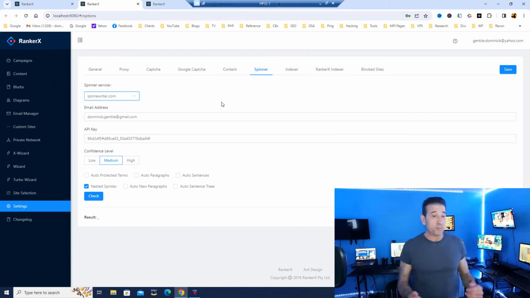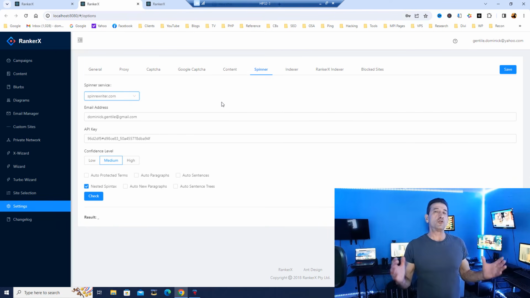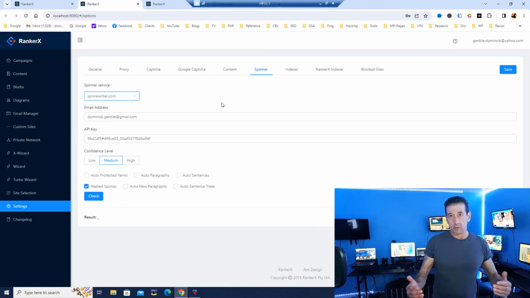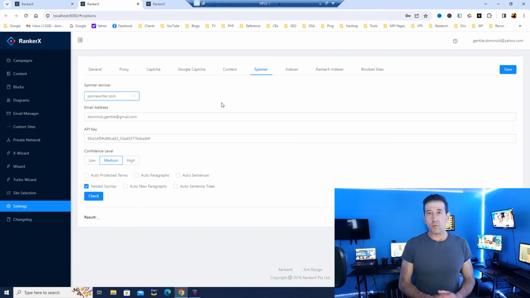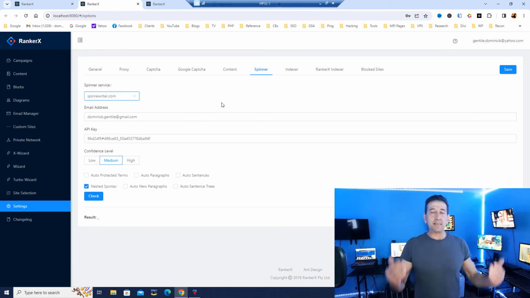Now, while I was getting away from these kinds of tools, I'm going to keep this service because it works very well in the way that RankerX handles it, which allows you to filter out the words you don't want to be spun. So finally, people are getting smarter, because that really can damage your article syntax, in the sense that if it loses its meaning, like I said, Google can't read, but it's not stupid. And this information is going to get parsed and passed upward. And it's got to, for all intents and purposes, stand up to looking real to whatever is observing it,